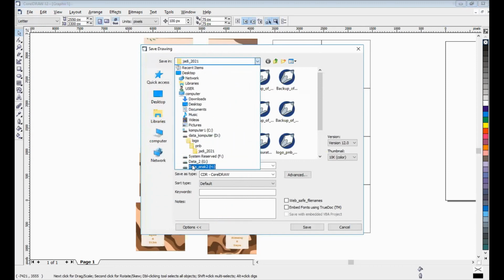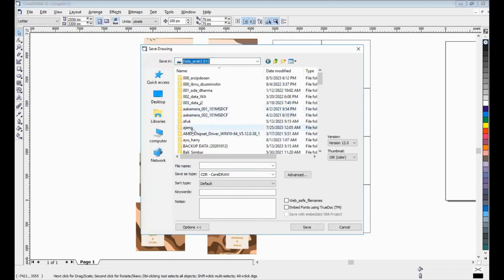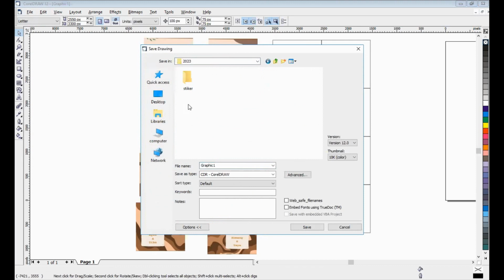Okay, where is the folder? Okay, divide object.